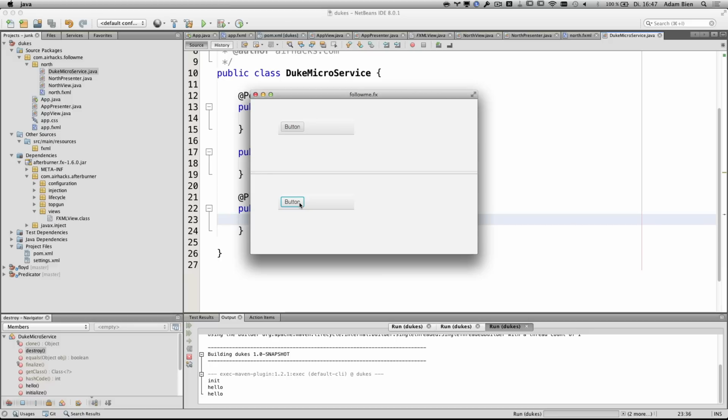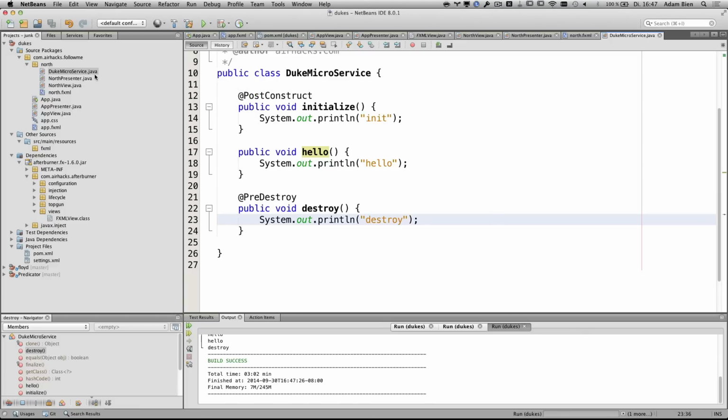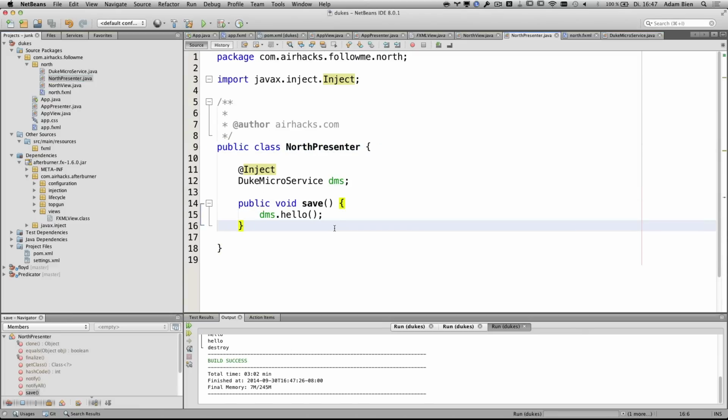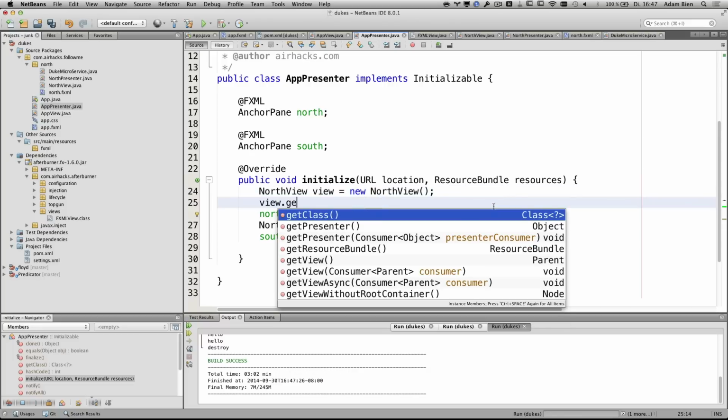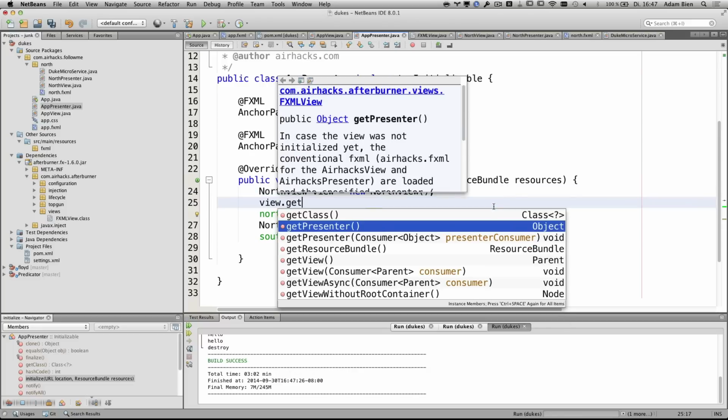So if you had one view injected into multiple panels, if you updated it in one spot, would the UI automatically update? Views are not injectable. You cannot inject views. The injection works starting with the presenter. And what's also interesting, sometimes you need the reference to the presenter. You can do this by asking the view for the presenter. So you can say here view.getPresenter, and you have to cast it to get the reference to the presenter.